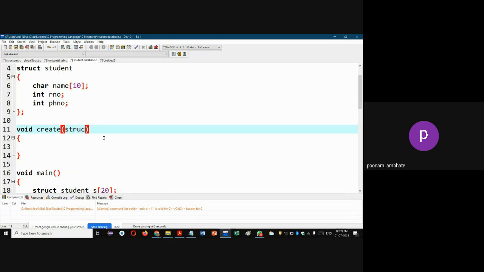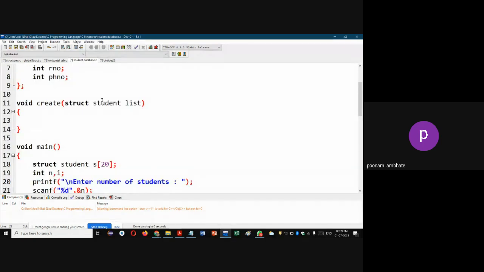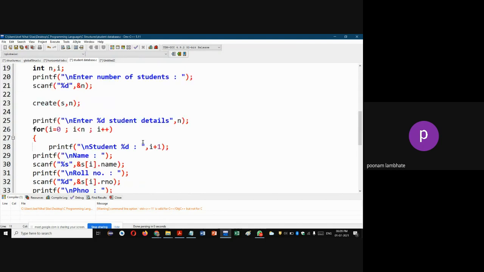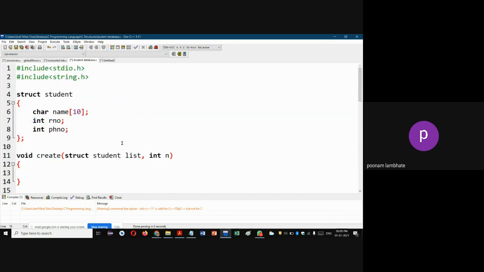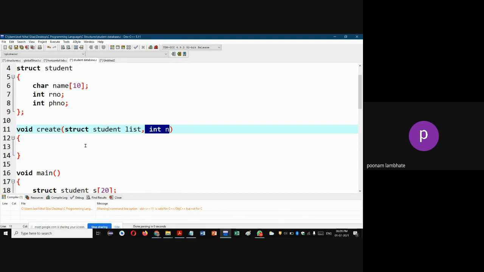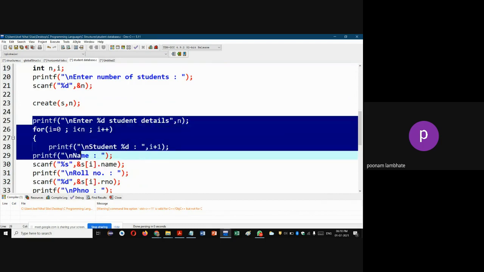So here the parameter that will hold it should also be a structure student type, and suppose the name over here is list. Okay, so the array of structure s will get stored as structure array with the name list over here. So s is being copied to list structure, and I can have another variable over here, or let me call it n only. And we know that this n in the main is the same, but the n in the main and the n of the create function is different, so it doesn't make a difference here. Then I'll print enter student details, and this whole thing